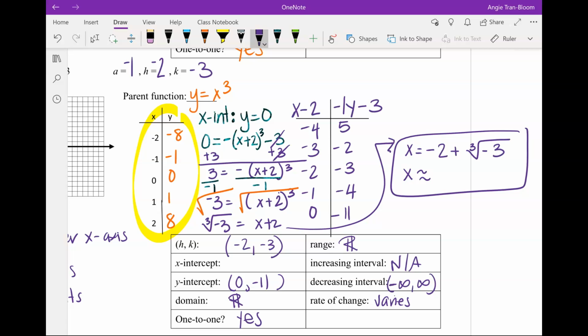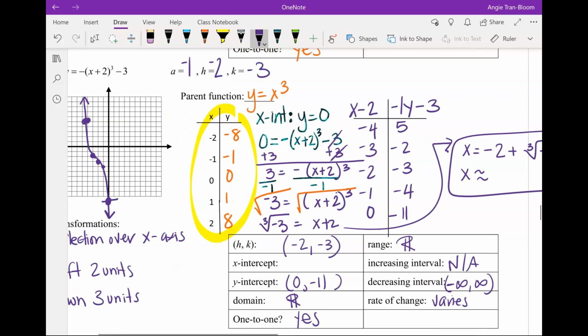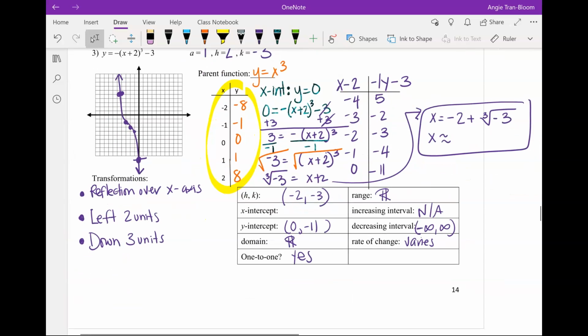Negative 3.44. Someone? If you don't know how to use your cube root button, now would be the time for you to practice it. Negative 3.44, one more time. Megan, did you practice using your calculator? Yes. Okay. What did you get? I got negative 2.44. Good job. And that is